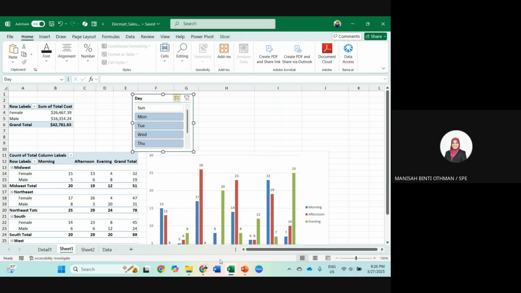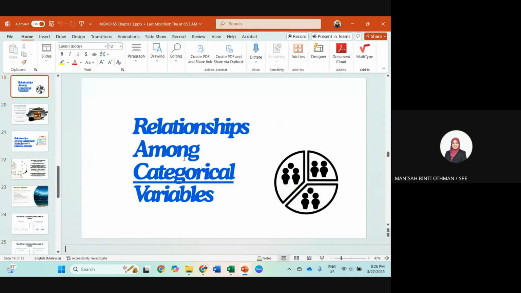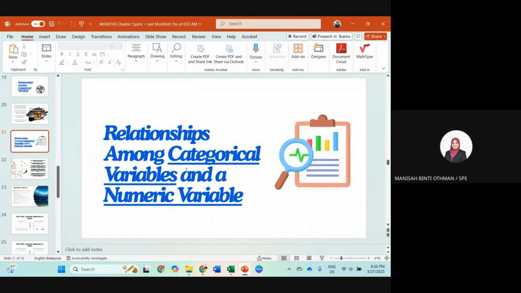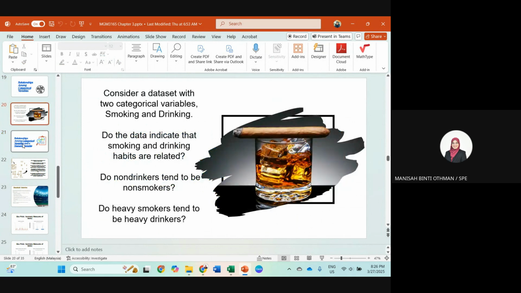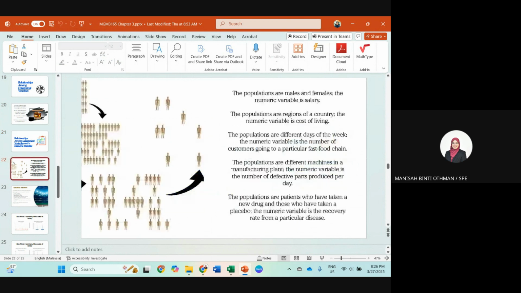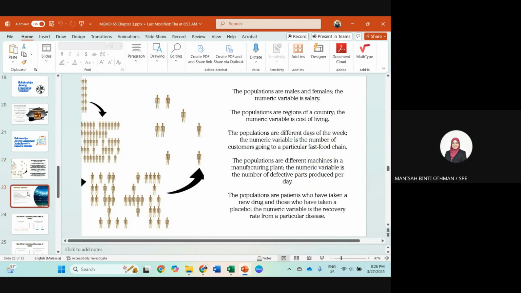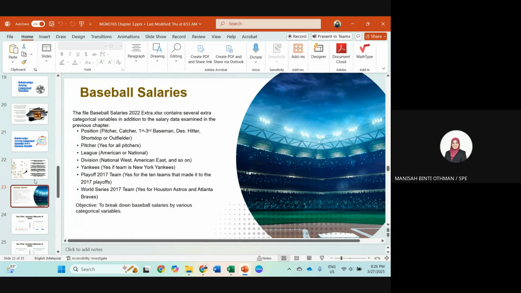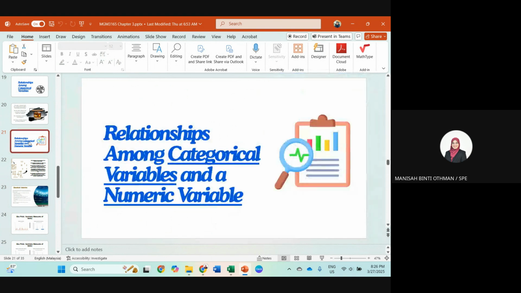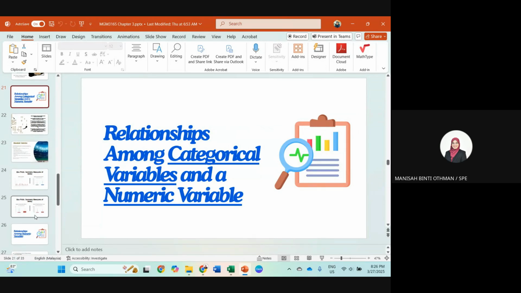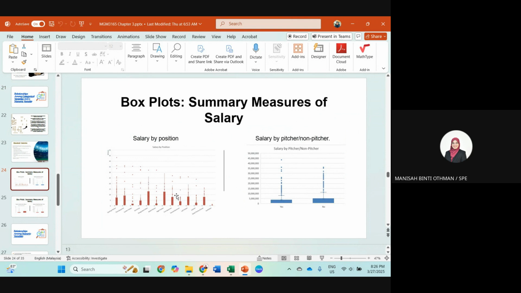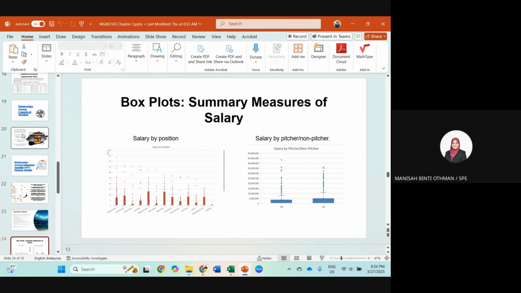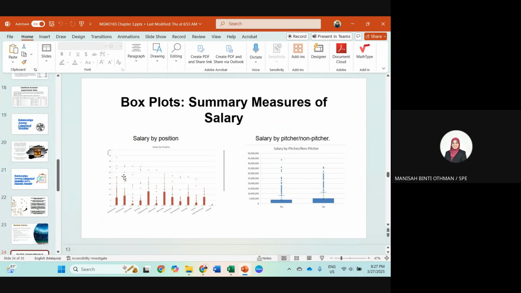Now we want to create tables that display categorical among categories, so both are categorical variables. This one I will skip because we already showed you using that data. Whatever data you have, you can use the same way. In this section I will show you multiple box plots. Previously I showed you only one box plot, and now we can compare using box plots.